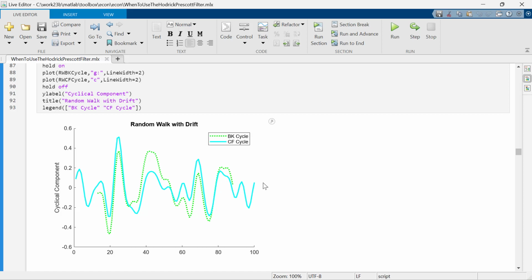That's because it uses a fixed lag length to create a moving average that smooths the data when it's computing the trend. Whereas one of the innovations in the Cristiano-Fitzgerald filter is that it uses a moving average that changes size as you move through the data and allows you to compute the moving average for the entire data set to extract the trend. And so it doesn't need to do trimming. So that's certainly an advantage of using the Cristiano-Fitzgerald filter.